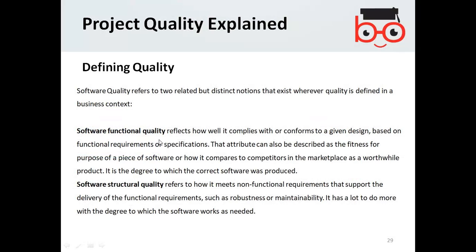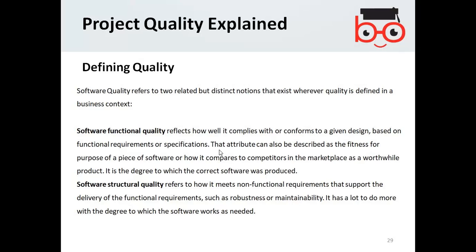One is the software functional quality, which reflects how well it complies with or conforms to a given design based on functional requirements, specifications. So the software functional quality is related with design and functional requirements.